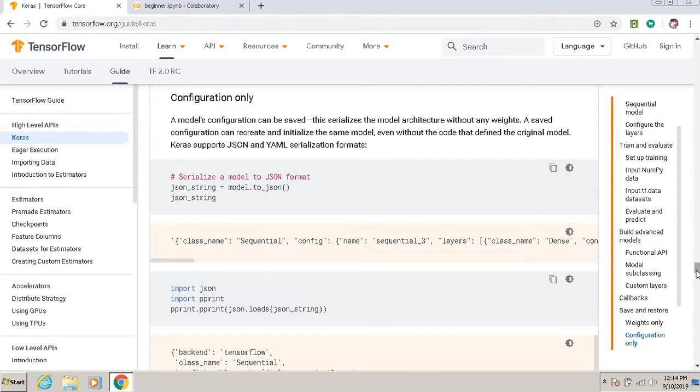Now, if I want to go for something other than YAML, normally you save your model as YAML. But if you want to save your model as a JSON object, which is more popular, you have to go for a JSON string, model to JSON, and you have to save it as JSON.